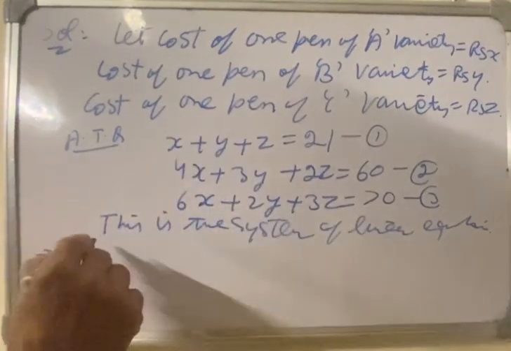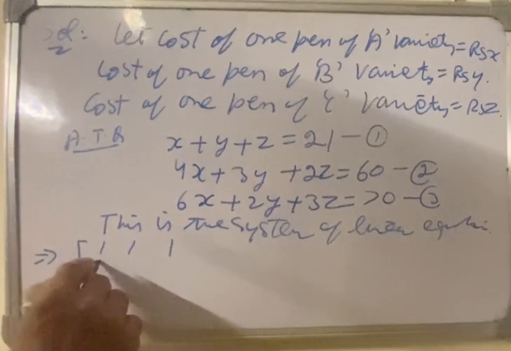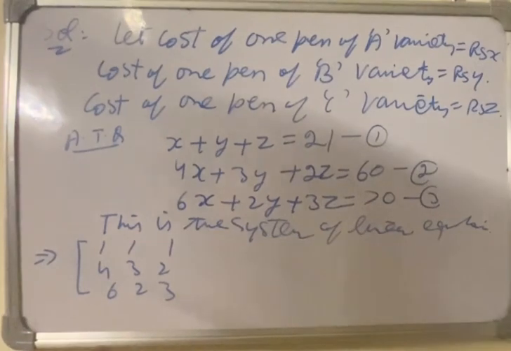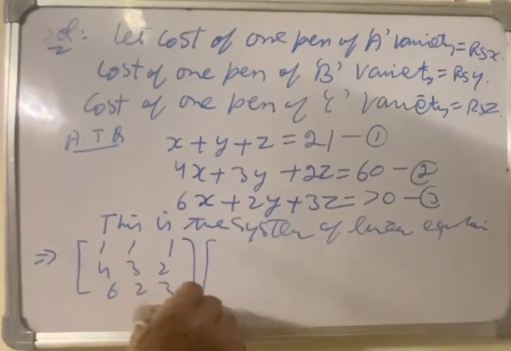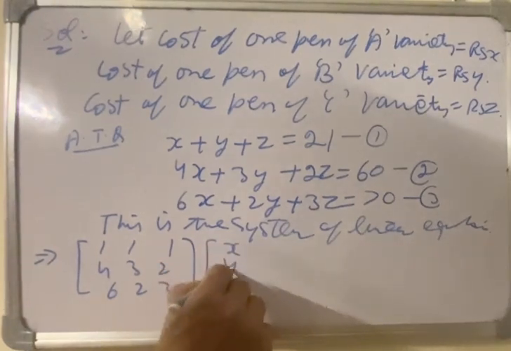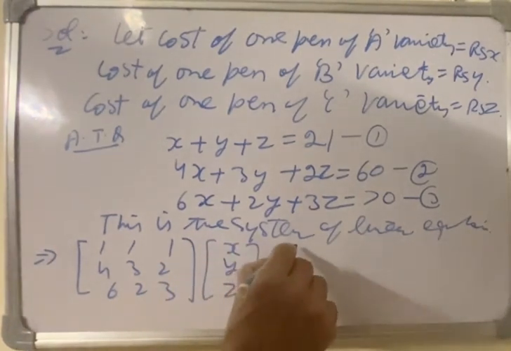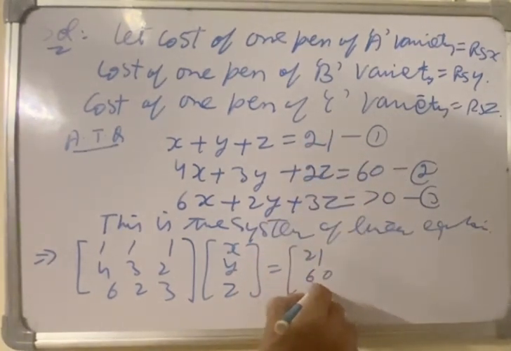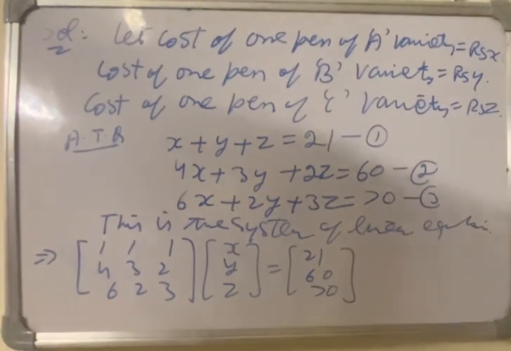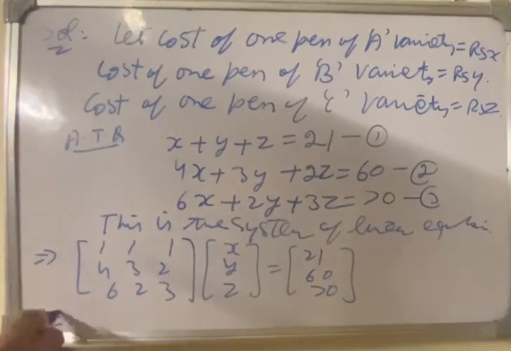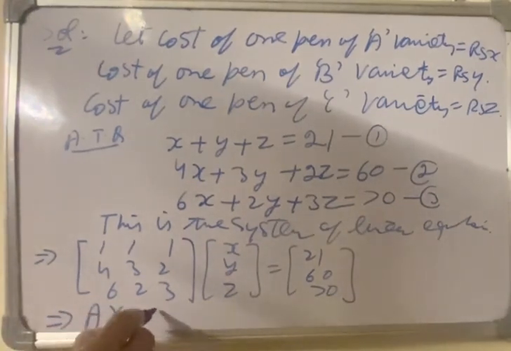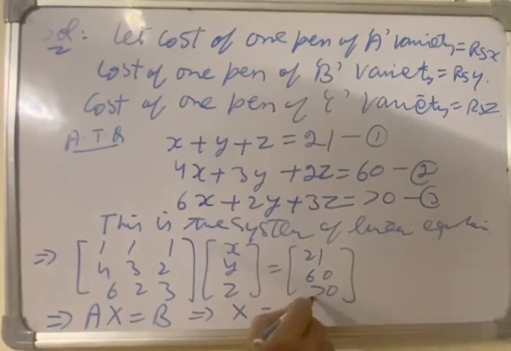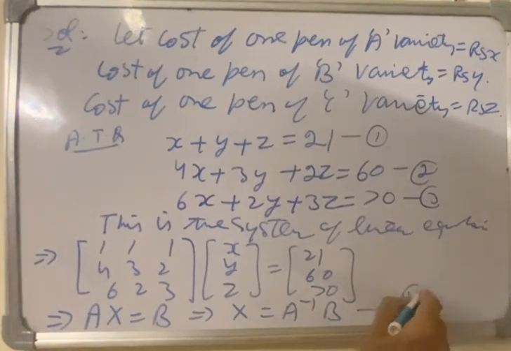First of all, take coefficients 1, 1, 1, 4, 3, 2, then 6, 2, 3, into variable column matrix x, y, z is equal to constant column matrix 21, 60, 70, which implies AX is equal to B, that is X is equal to A inverse B. This is number 4th equation,